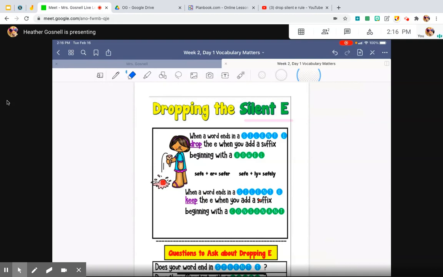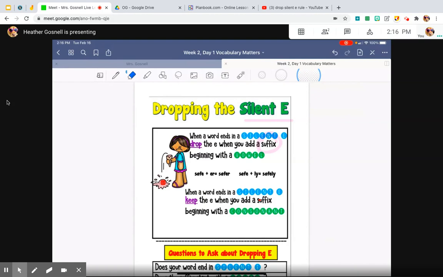So we've been working quite a bit with suffixes. Suffixes are endings that we put at the end of base words to add meaning. Sometimes we want to say that something happened in the past. Sometimes we want to say things are happening now. Sometimes we want to add more to the meaning of a base word. However, we are learning that when we add suffixes to base words, sometimes it can change the spelling, the original